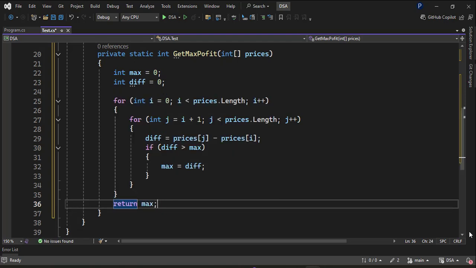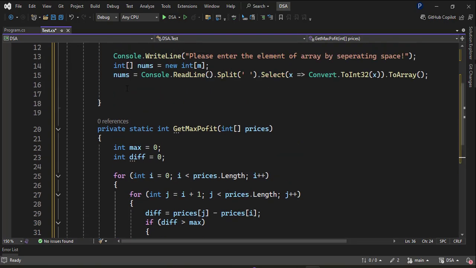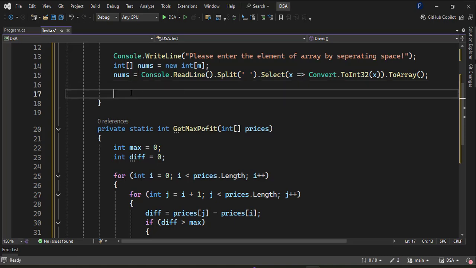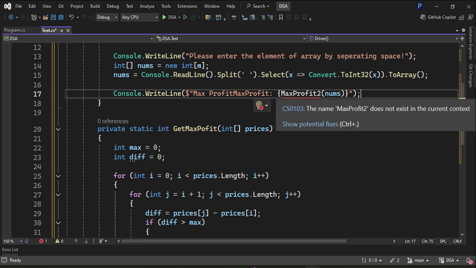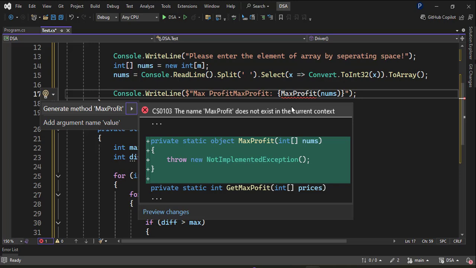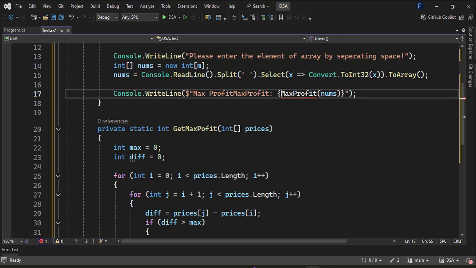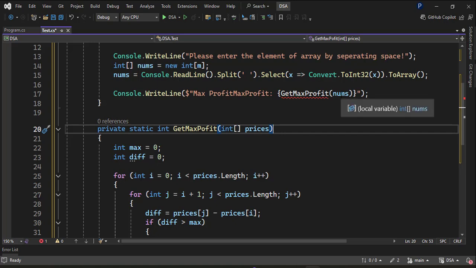Okay, so we're done. Now let's see if it's working or not. We will get the same example. We'll call this also. So to call this, you can write something like this: Console.WriteLine, and profit, max profit, and you can call like this in C sharp. Okay, what's wrong here? Get max profit. Yeah, should work. Get max profit, and here